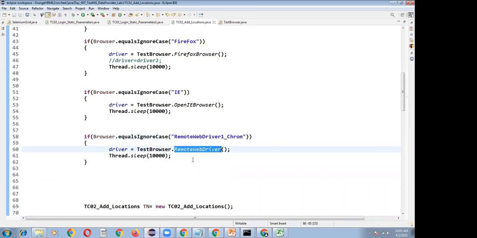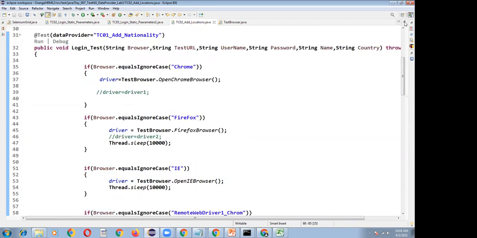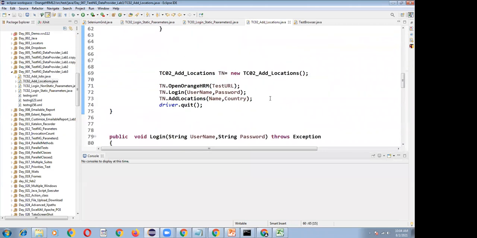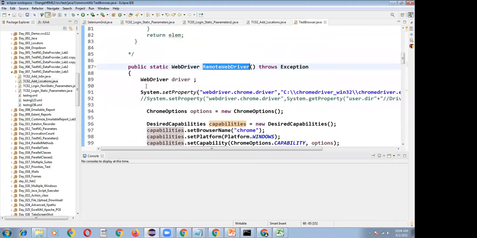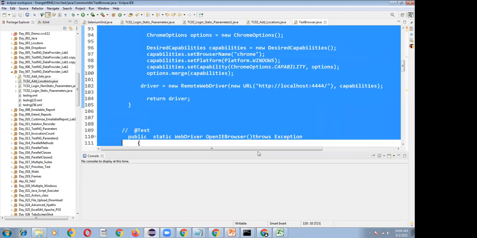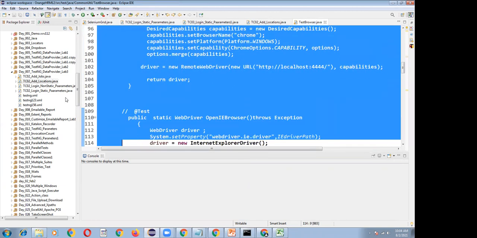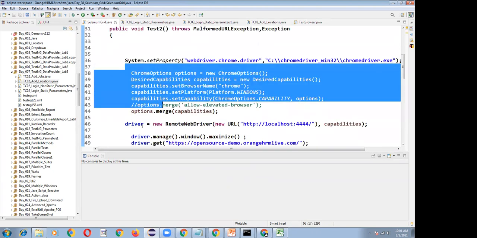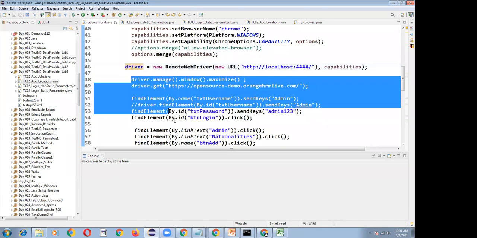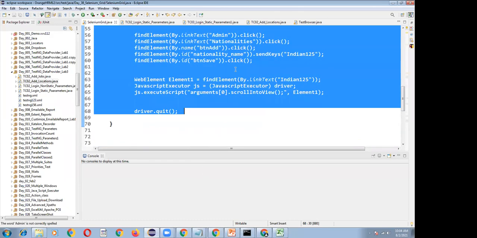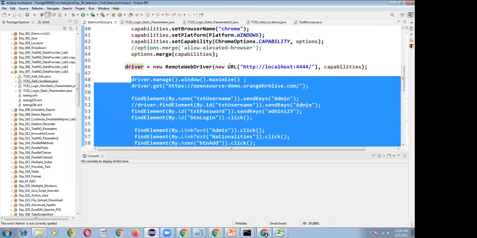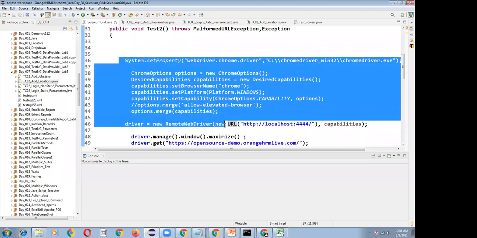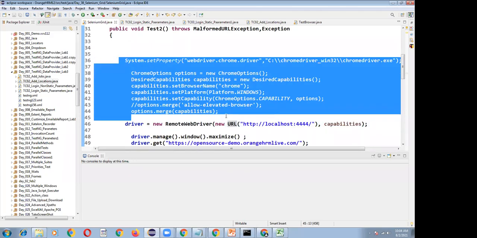Okay, so everyone understood? The main important point in this program is launching of remote WebDriver; the scripting is fixed. This method is fixed. Even in our first program in Selenium Grid, I have written the same thing, System.setProperty, and I'm using this driver object, so that the set of driver instructions also is executing on the remote system. Similarly, this set of driver instructions I have written, and I have written RemoteWebDriver, and your WebDriver is launching from the remote node system.